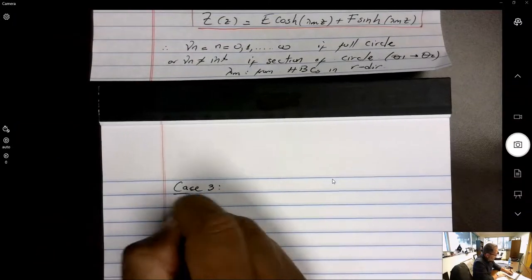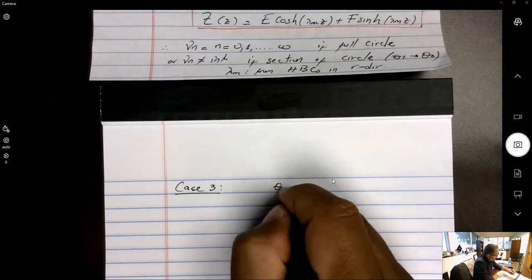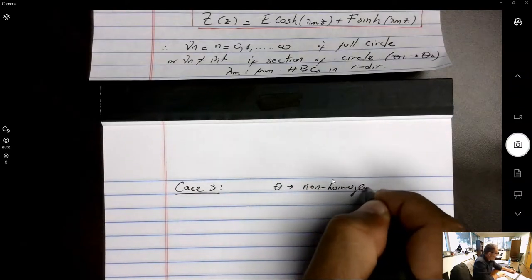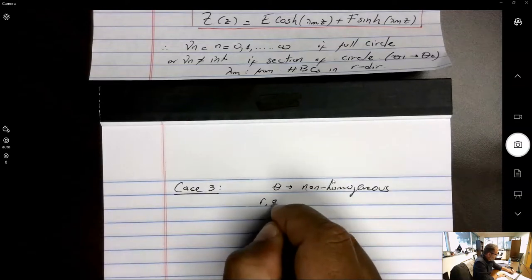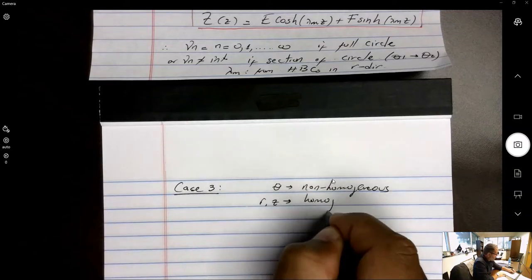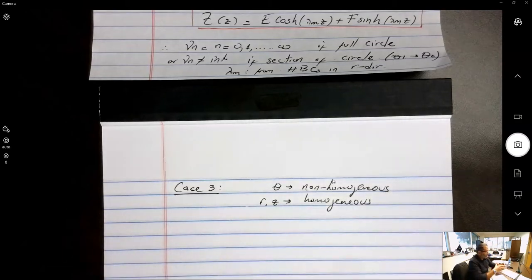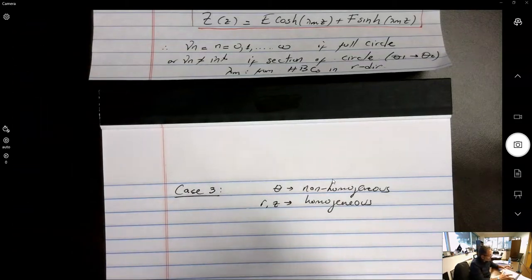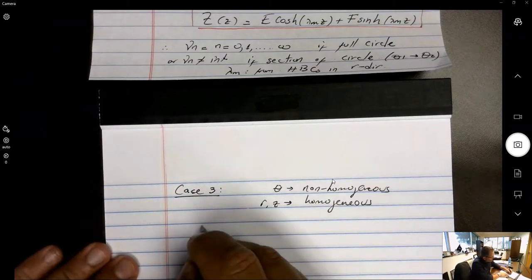Case number 3 of steady problems: in this case, theta is the non-homogeneous direction, and R and Z are homogeneous. Whether it's a solid or a hollow cylinder, both or a single condition in R are homogeneous, and at the top and bottom, at Z equals 0 and Z equals L, they're homogeneous. Now, in order for the problem to be non-homogeneous in the theta direction, it cannot be a full circle; it would have to be a wedge. So to illustrate this,